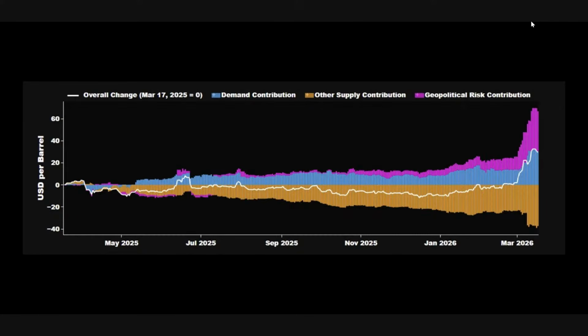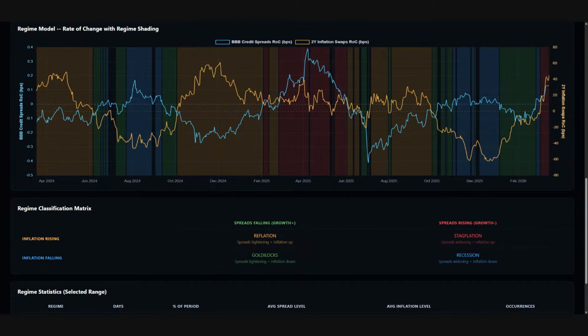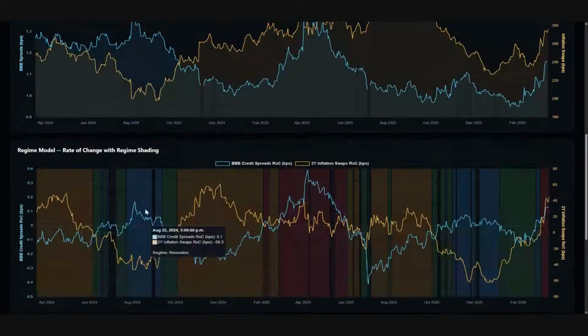And so where we're at right now is that inflation expectations are high. They've accelerated on a marginal basis over the last couple of weeks. That has also overlapped with credit spreads rising. You can see that right here. And now the question is, from right here, are we going to move back over, or is this regime going to be for a long time?